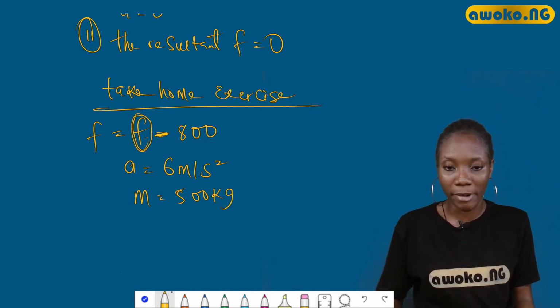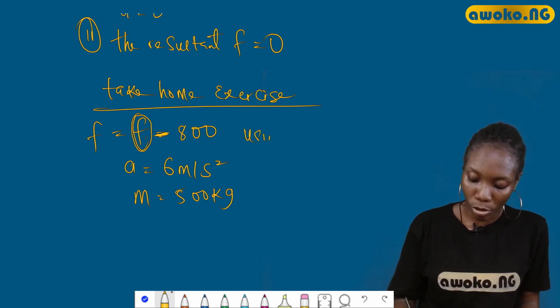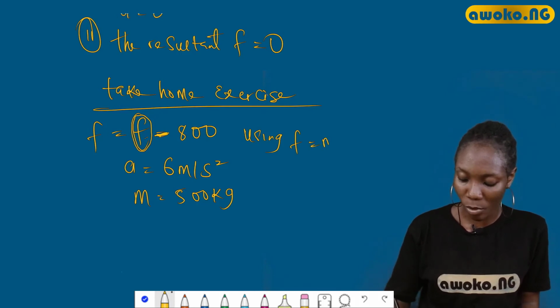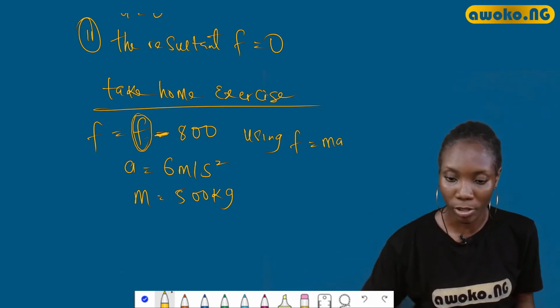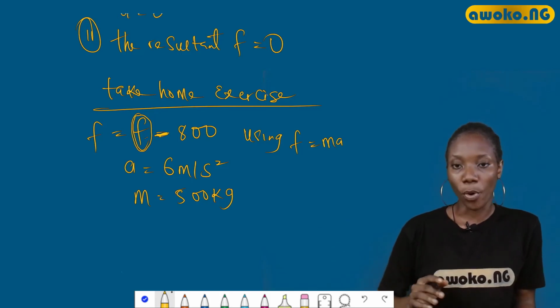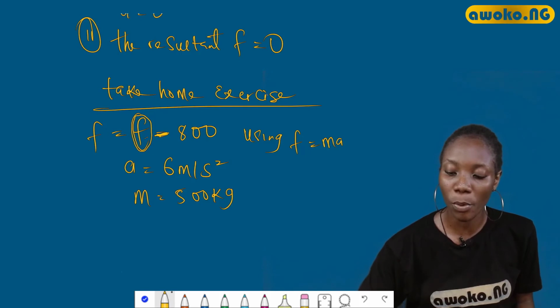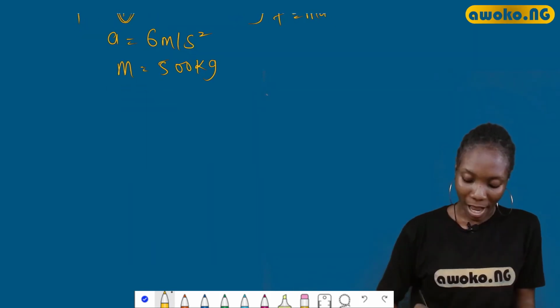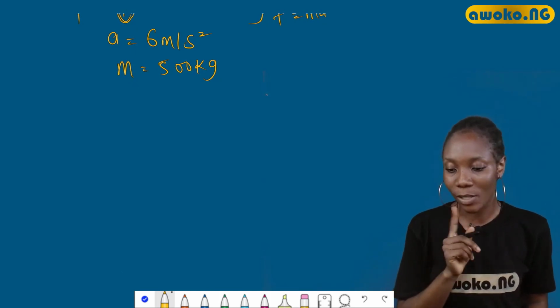I think this is better now, right? You can solve this now, right? So find this force here, find the resultant force here using Newton's second law. Let me give you a small hint using this F equals ma. I think you can do that. If you can't, you can ask me questions on the platform, okay? But we're going to move ahead. I want to solve one more question before we call it a day. Alright? You can have a review of all of these questions at your own time. So let's take this one question.